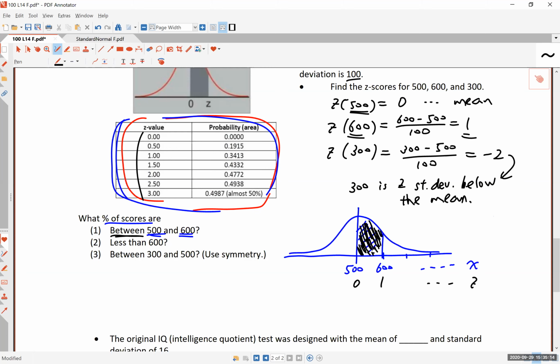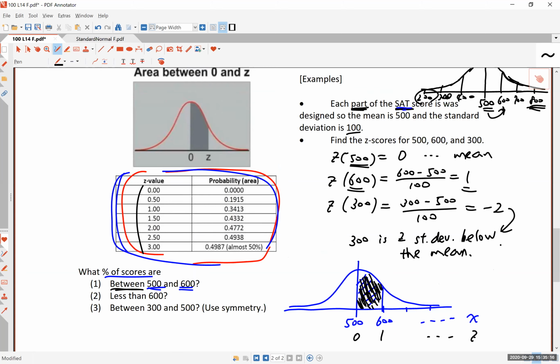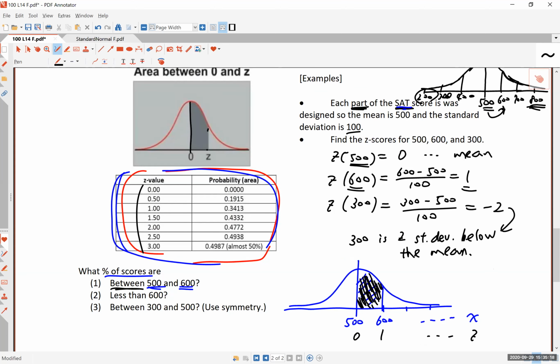That is the question. And the answer comes in a chart like this. So between 0 and this z-score, in this case 1, you look at this 1, and this will give you the probability or the percentile or the percentage of the values between 0 and the z-score that you chose. So between 0 and 1, you have